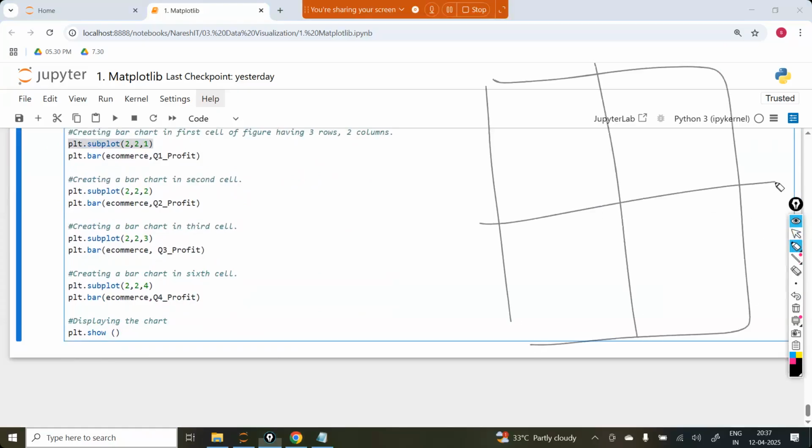first it will divide into 2 by 2. The first 2 comma 2 indicates it is a 2 by 2 grid, and the comma 1 indicates the first position, that is this one. This is 1, this is 2, this is 1, 2, 3, 4. Now, in position 1, in subplot 1, what I want is